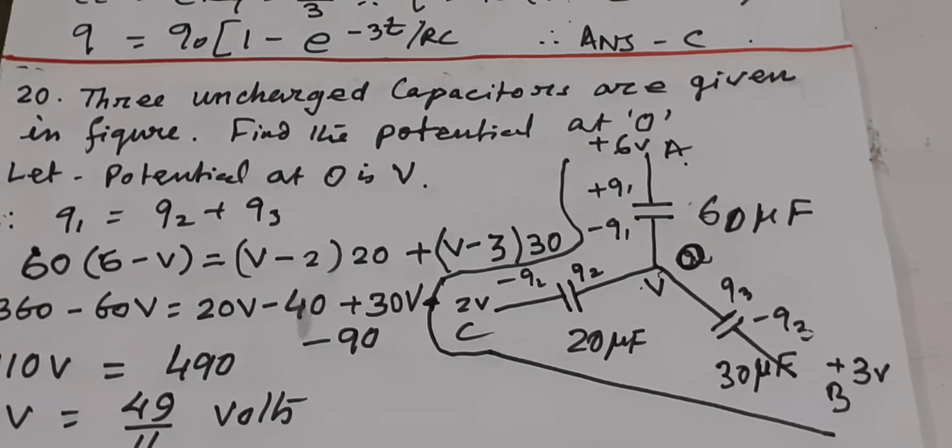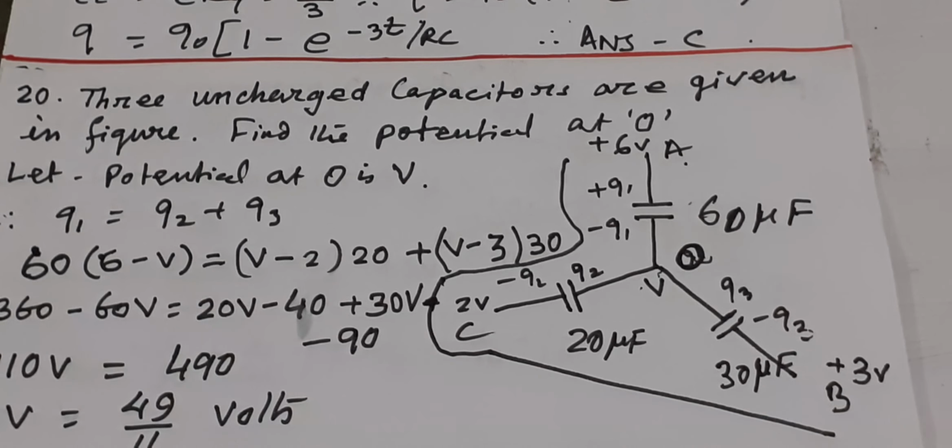Say Q1 charge will induce 2 minus Q1, then the same charge will be shared by the 2 other capacitors, that is plus Q2 plus Q3. That means according to charge conservation, Q1 equal to Q2 plus Q3. Now for Q1 we can write 60 into potential drop, that means 6 volt minus V into 60 microfarad, that will come on the left side, equal to for the other 2 capacitors, that is V minus 2,